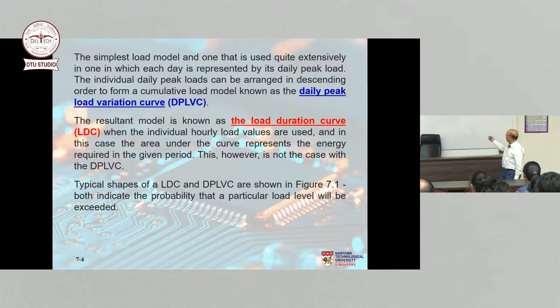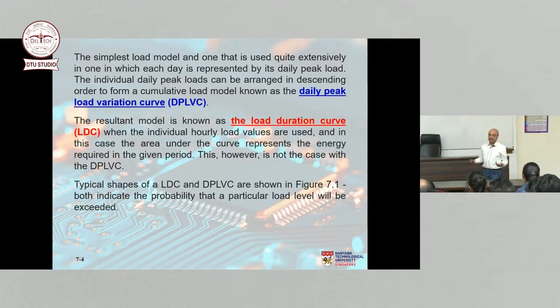The other curve is the load duration curve. Load duration curve takes the hourly loads and then arranges them in a descending order. So one deals with hourly loads, the other deals with daily loads, right? But if you look at the load duration curve, because it deals with hourly loads, the area under this curve is actually the energy required by the load, because it deals with hourly, megawatt hours, kilowatt hours, gigawatt hours, you will get directly. Whereas if you use the daily peak load curve, it's not going to give you exactly the